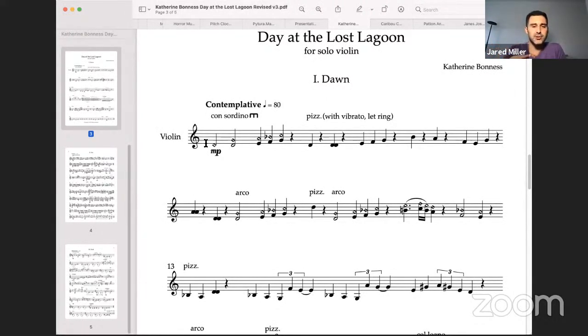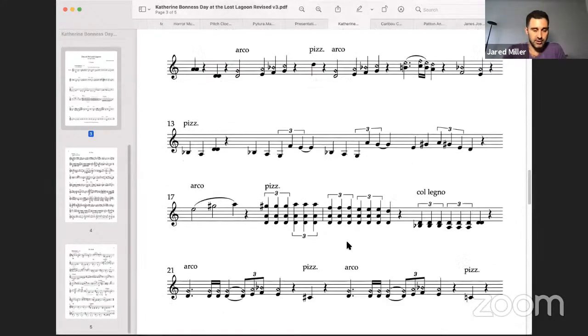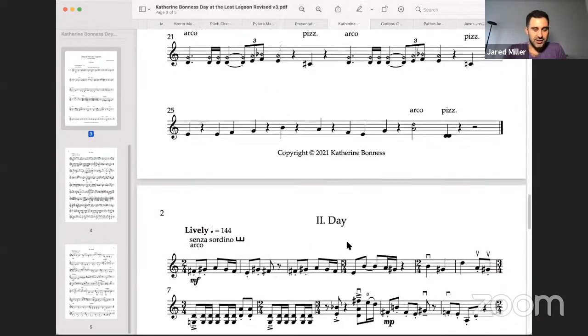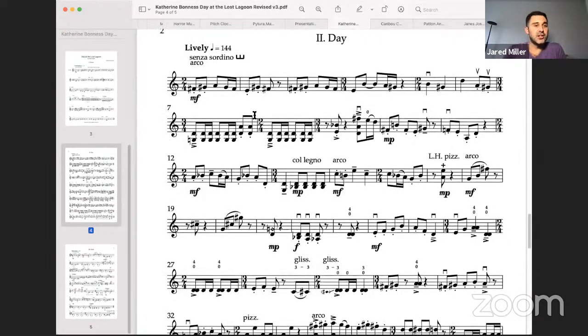And the only time you get into the lower range of the instrument is when you have pizzicatos. And so when we finally get into the lower range of the instrument with arco playing at the beginning of the second movement, that's a very fresh sound for all of us to hear. And so it's really effective in that sense. And it sort of speaks to just what we've been talking about all day, with how you hold back on certain elements and then introduce them at a certain moment, and they can be really effective for that reason. So I think that you did that extremely effectively.